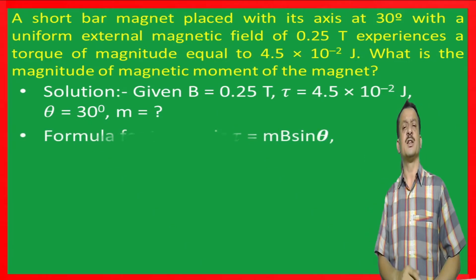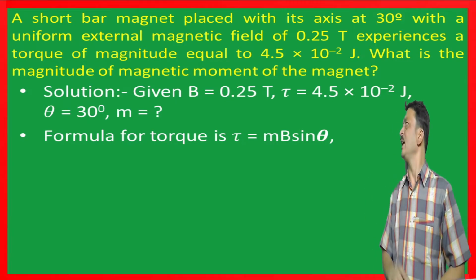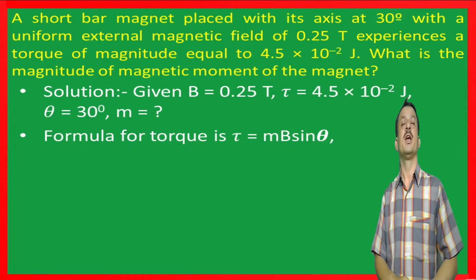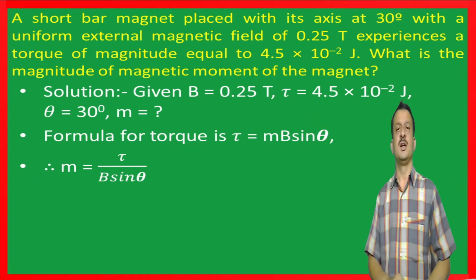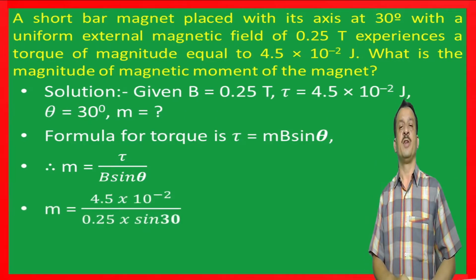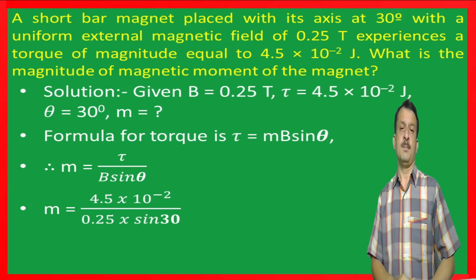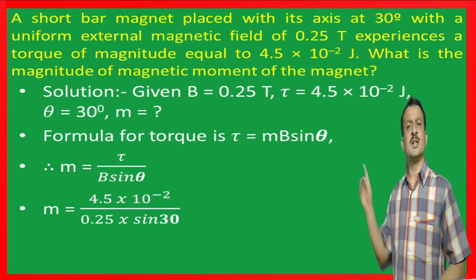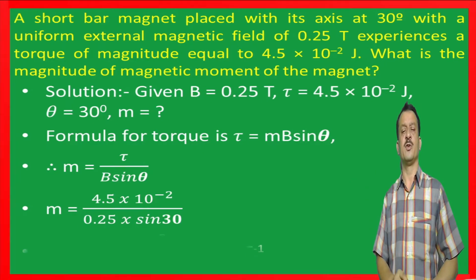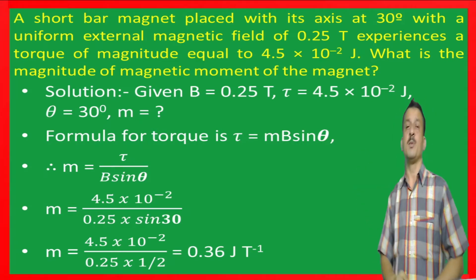Now we are already familiar with the expression for torque. Torque is equal to mB sin theta. From this relation we have m is equal to torque tau divided by B into sin theta. Now substitute the values, that is tau is 4.5 into 10 to the power of minus 2 divided by B, which is 0.25, into sin 30. We know that sin 30 is half. So substituting that value and after simplification we will get the magnetic moment m is equal to